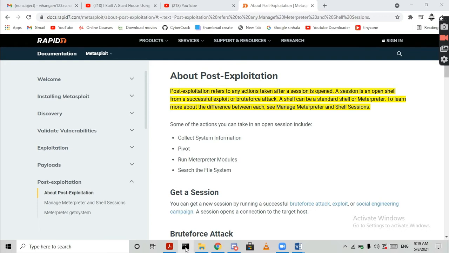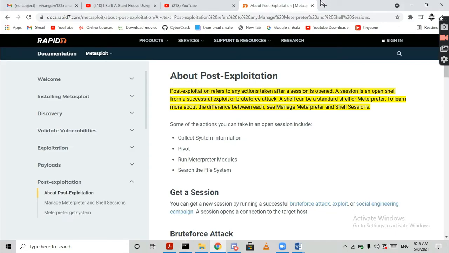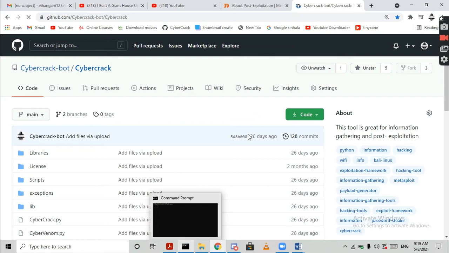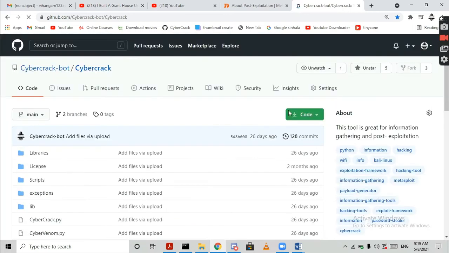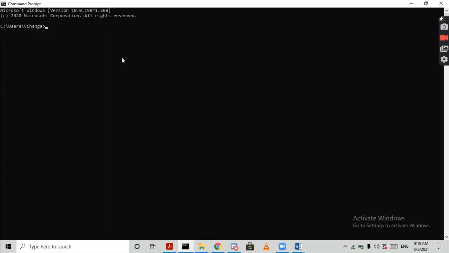So you know the drill. Go to your command prompt, and if you haven't installed the cybercraft framework, the link is in the description below. Clone this git page, and then you will get the same result. Now I have already installed it, so I don't want to install it twice. I'm going to navigate to the directory where I installed it, desktop cybercraft. So first we are going to create a payload,